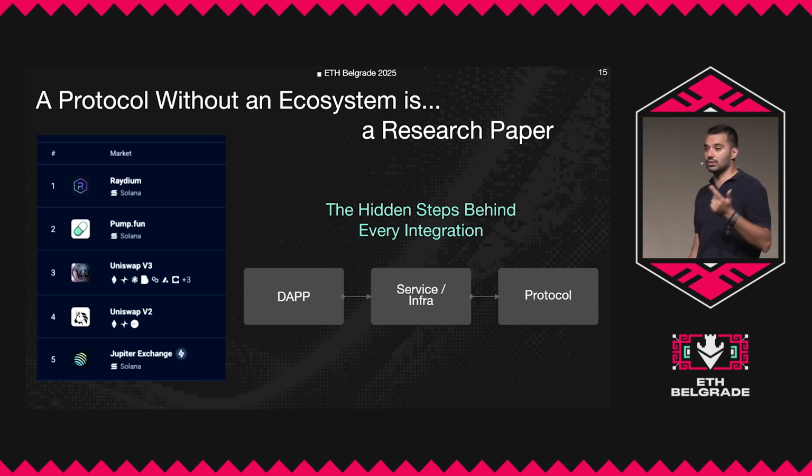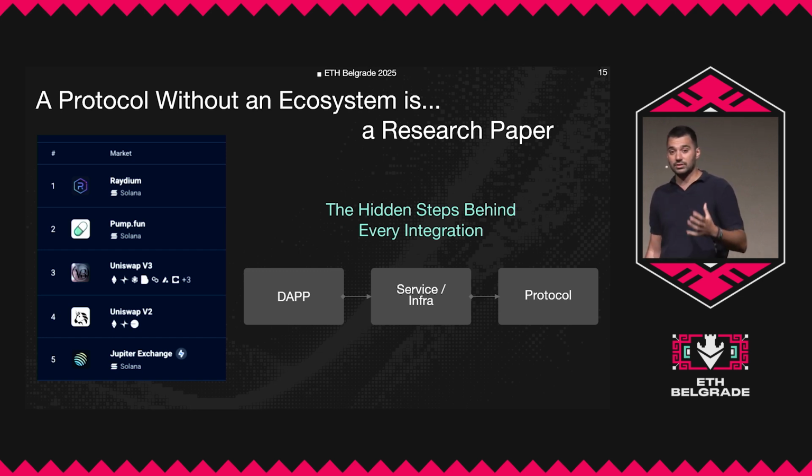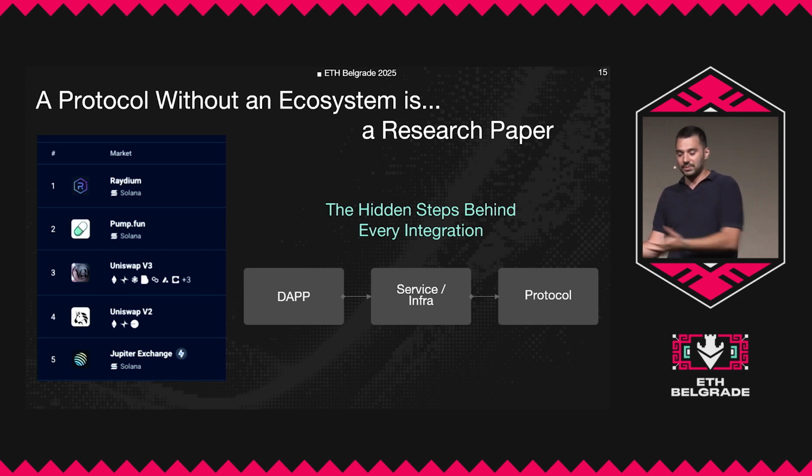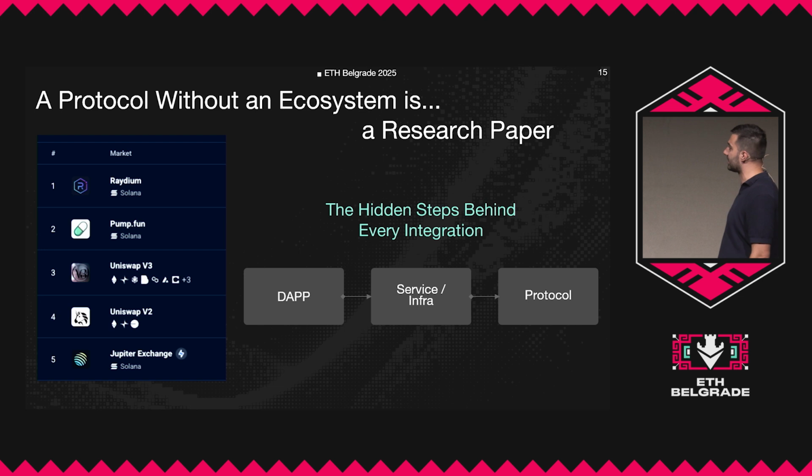The second one is you can find the smaller teams who are willing to do these changes, but they're not bringing any users and you still need to pay. The third one is you need to pay someone to build something custom, which can be really good if they create these new protocols and new values, but usually it's really hard to find these teams. And the fourth one is the favorite of my friend Milos, to build everything from scratch. And if you go with this in an ideal world, that would be the peak, but as we are not living in an ideal world and we don't have infinite resources, usually that one is the worst.